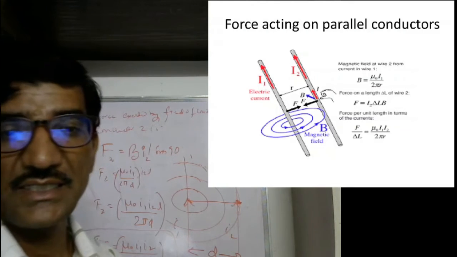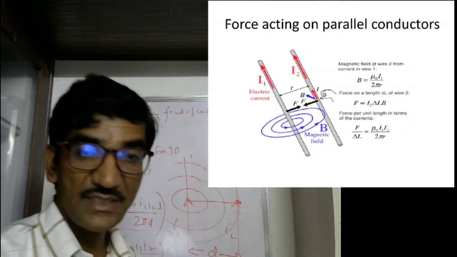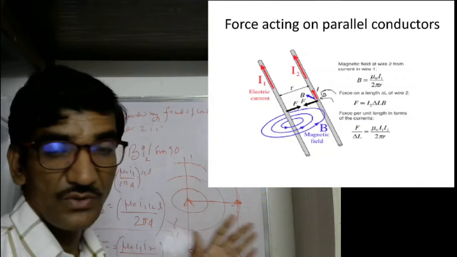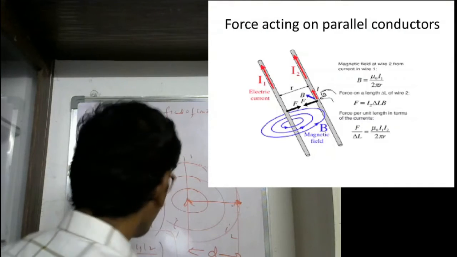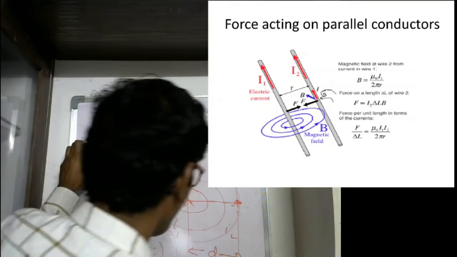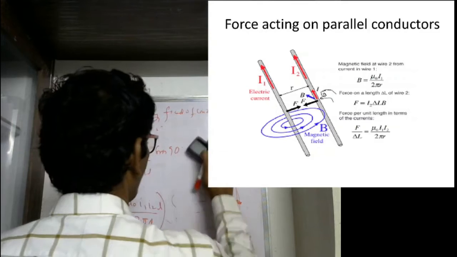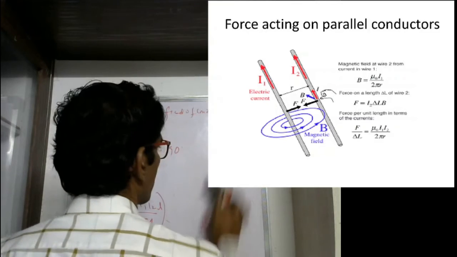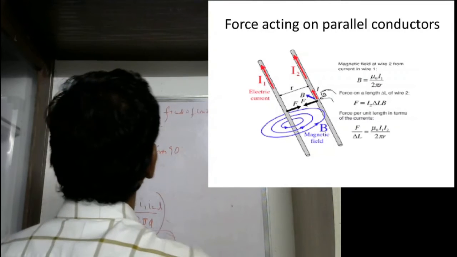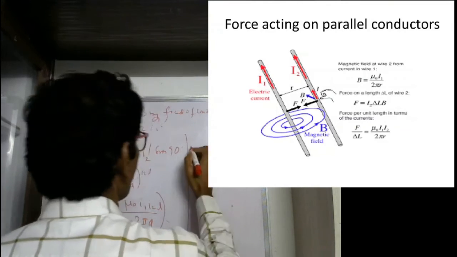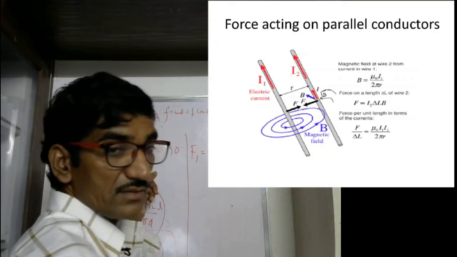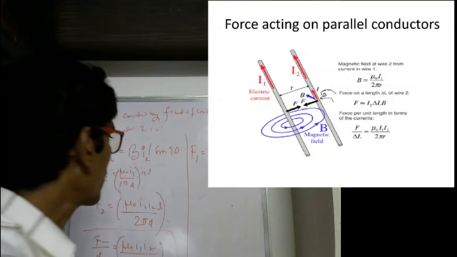Then what about the field exerted by 2? The magnetic field of 2 on the conductor 1? Then you have to do a similar derivation. Then what is the change here? I will write here side by side. Now let us imagine that we are placing the conductor 1 in the field of conductor 2. Now you have to calculate F1. What changes you have to do? Force acting on conductor 1 due to the magnetic field of conductor 2.